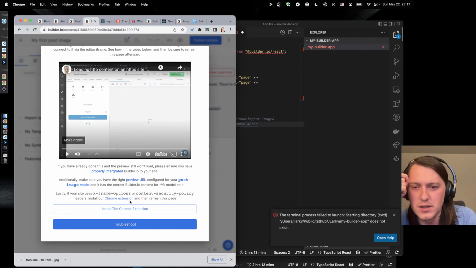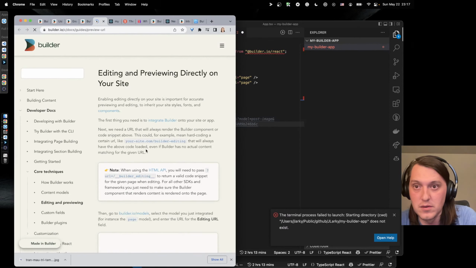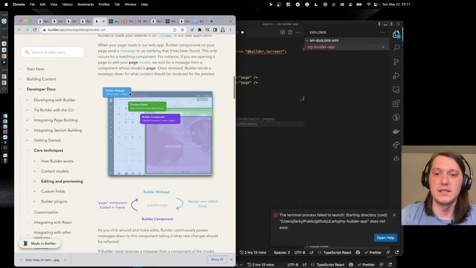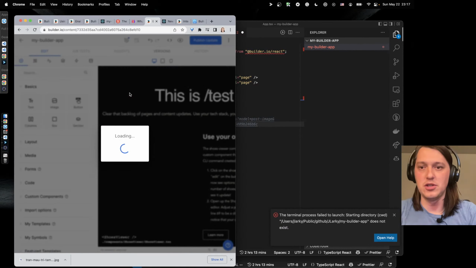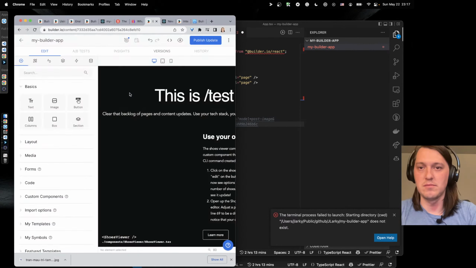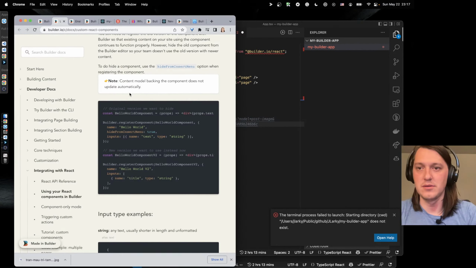Lastly, policy headers, Chrome extension, properly integrated. So I'm guessing as where post image. Yeah, so I'm guessing because my page doesn't use that image yet, it's just erroring out.